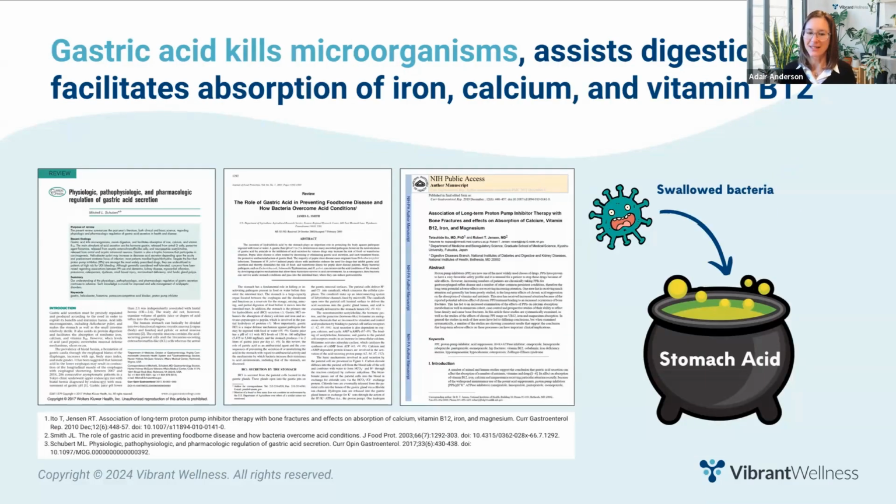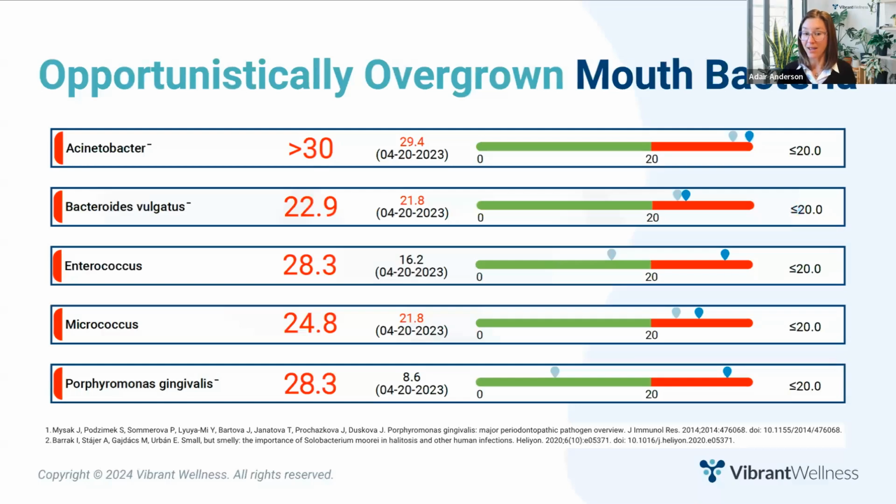In addition to assisting digestion, stomach acid also aids in the absorption of iron, calcium, and B12. So if your clients had symptoms of maldigestion for a while, it's worth looking into and addressing micronutrient deficiencies. Gastric acid also helps kill any microorganisms that may have accidentally entered the body via the mouth. Which is why, when client results indicate digestive insufficiency, I often see many mouth bacteria above the reference range.